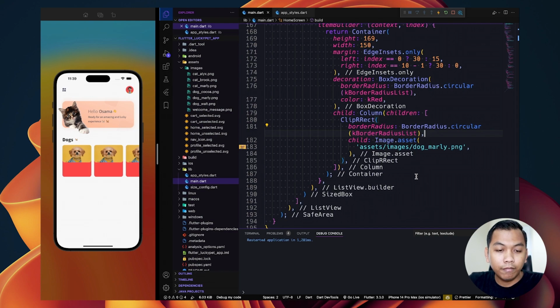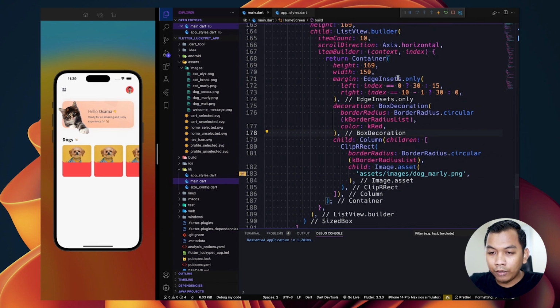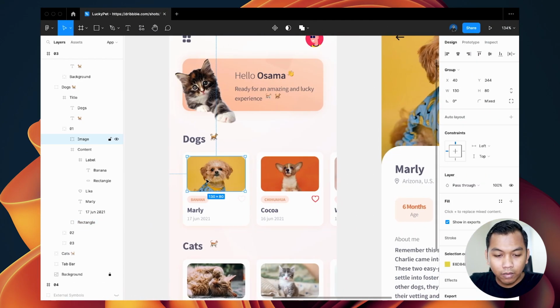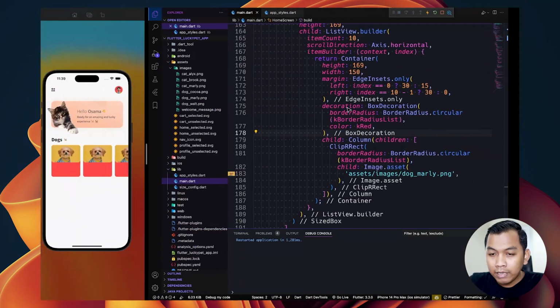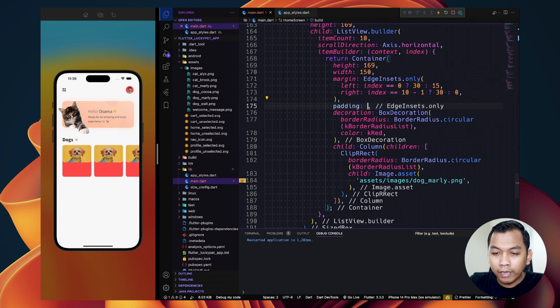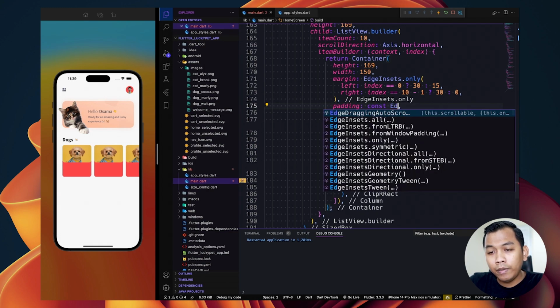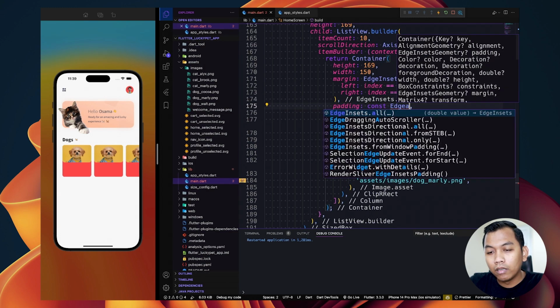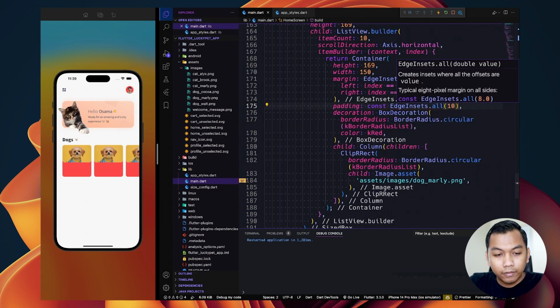Alright, so we will have this image, and this is rounded, so we need to make sure we will have a padding inside our container. So below this padding, maybe all should be 10, and we will see padding here.